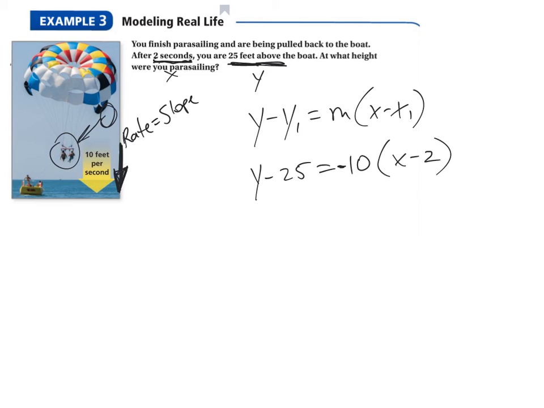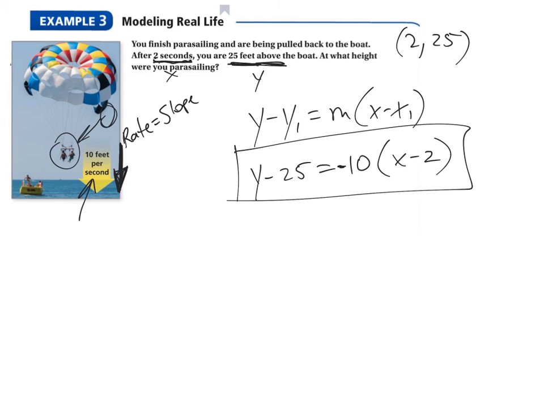So I have this point 2, 25, right? That was one of my points. And I was given the slope, which is right here. And then this would be the point slope form, and then if I wanted to distribute here and then solve for y, I could also do that. And then you could graph the whole thing. All right, so hopefully,